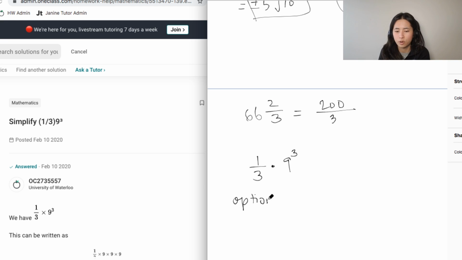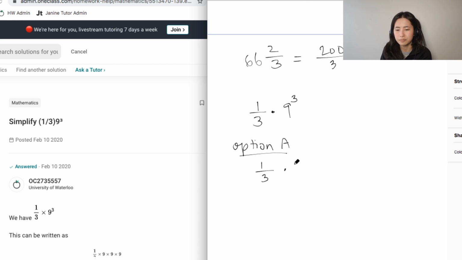So option A is you expand, so you have 1 over 3, then you multiply this to 9 cubed. When you expand that, that's going to be equal to 729. So 729 is 9 cubed. So 729 divided by 3, or times 1 over 3, is going to be 243. So this is option A. Option B is to